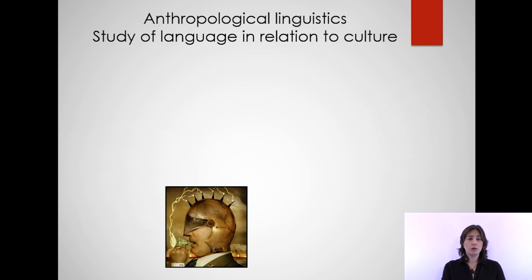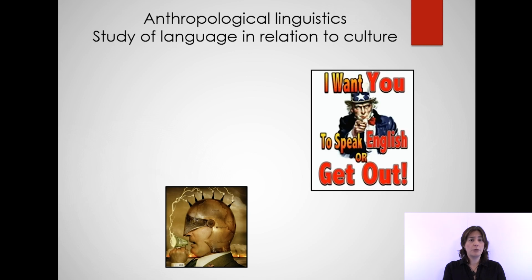Anthropological linguistics is also very related to sociolinguistics and sociology of language, in the sense that it studies the role of language in culture and society, and the way different communities see the world. Unlike sociolinguistics, it is usually based on qualitative methods of inquiry, especially in ethnography, as opposed to quantitative ones. Examples of anthropological linguistic studies are the language ideologies that promote the hegemony of English in the US school system, or the role that language plays in the construction of national identities.